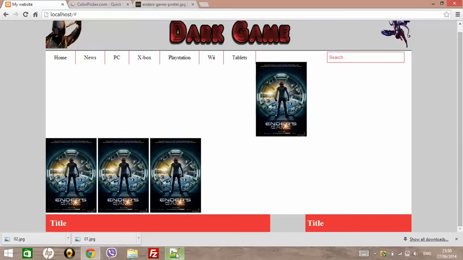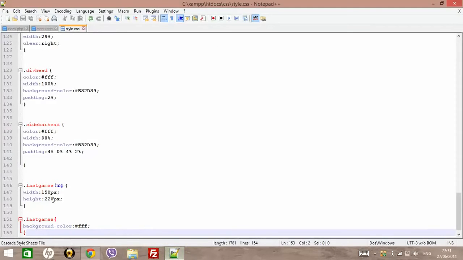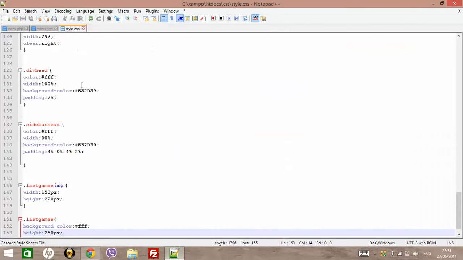So basically what we want to do is tidy them up. What we've got is 220 pixels high, so we can give the height of this div 250 pixels. Basically we're just going to give a height to the images,